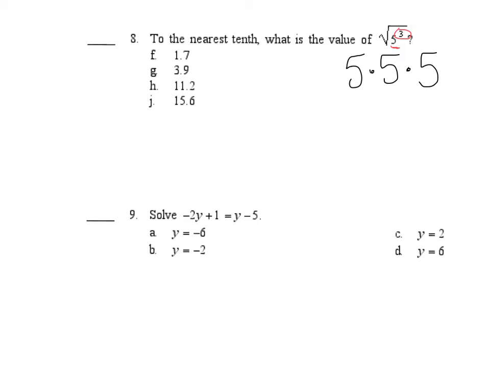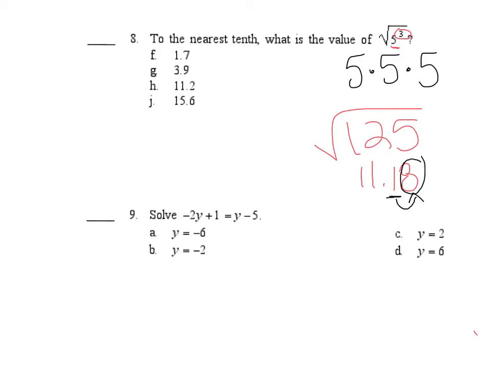So when we do that, we get 125, and then now we take the square root of that. And the square root of that is 11.18. So to the nearest tenth means we go right past the decimal, that's the tenths place. So I look next door, is this 5 or more? Yes it is,